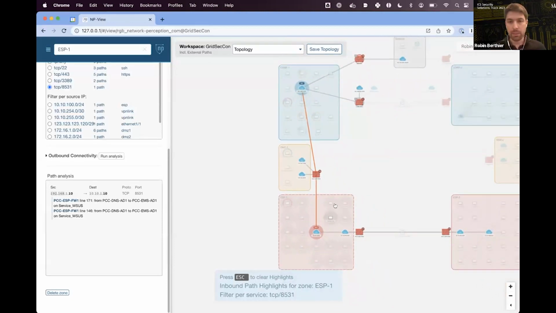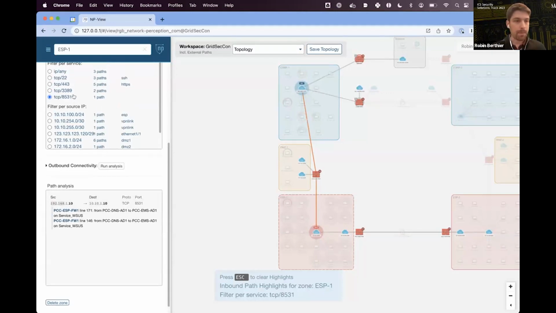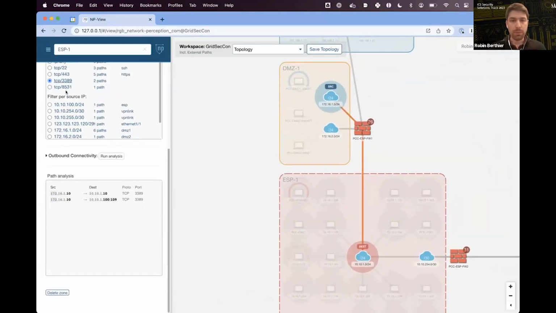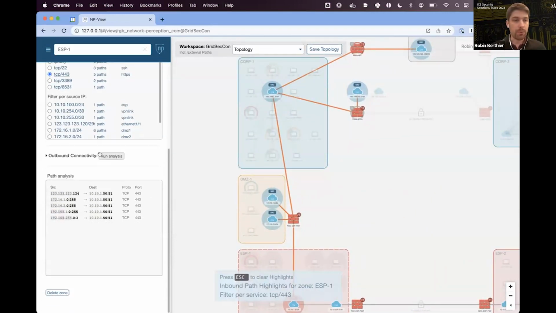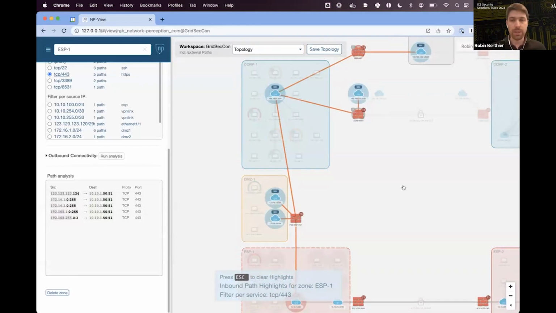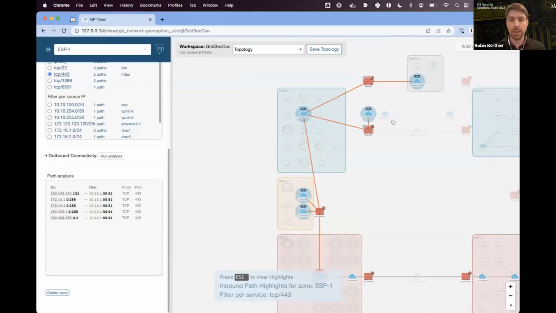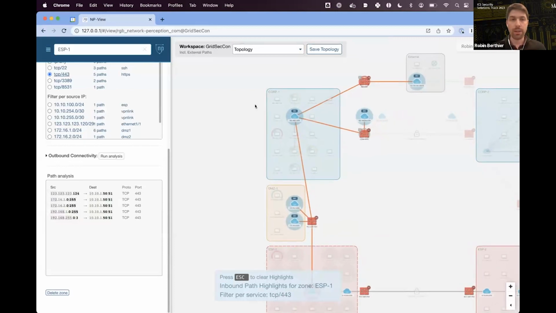So we can see here that we have Windows Update service from the corporate network all the way to the ESP. We have our remote desktop that we reviewed before, which is allowing a jump host from the DMZ to remote desktop into the ESP. Then we have this port 443 with multiple sources possible. They are highlighted in blue in the map, and then one of them actually is from the external zone. So that's breaking our policy there.